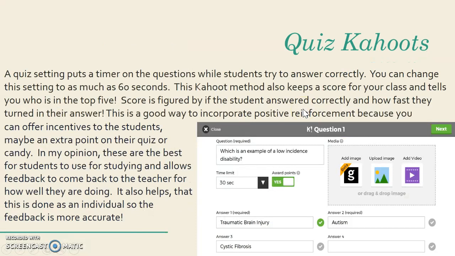Alright, now to focus more in depth on the Kahoots. First up, we'll look at the quiz Kahoot. The quiz Kahoots put timers on each question while students try to answer them correctly. The teacher can change the amount of time to as much as 60 seconds, which you can see can be done right here on that picture. This Kahoot method also keeps a score for your class and tells you who the top 5 out of all the students participating are. The score is figured out by if the student answers the question correctly and how fast